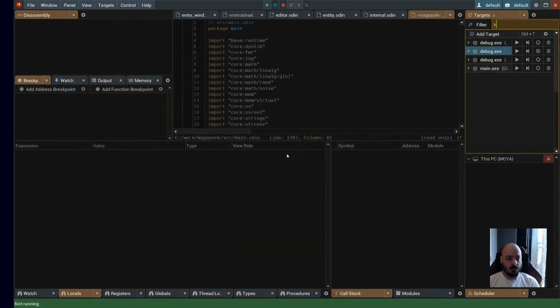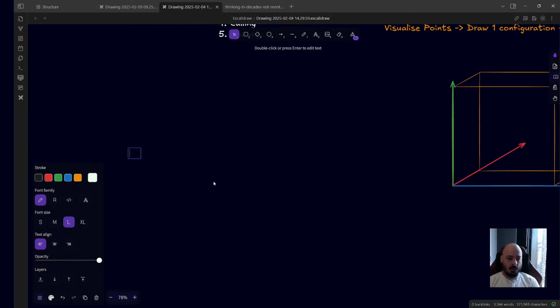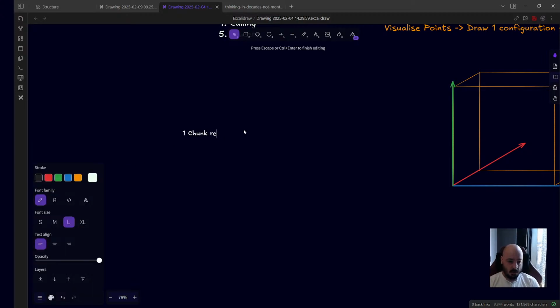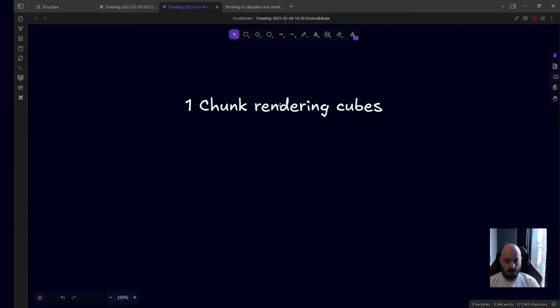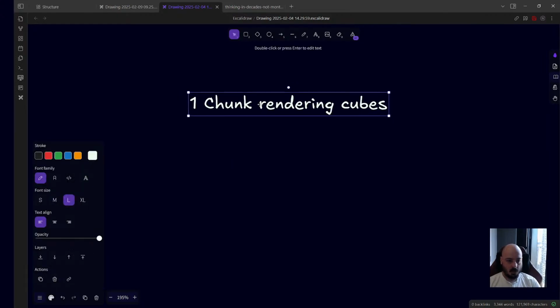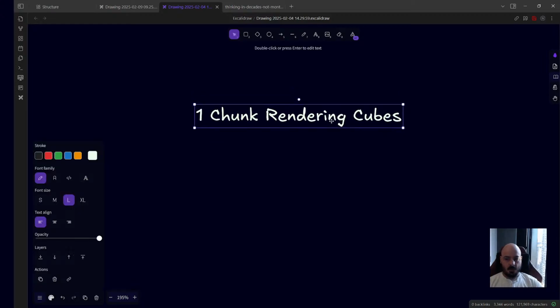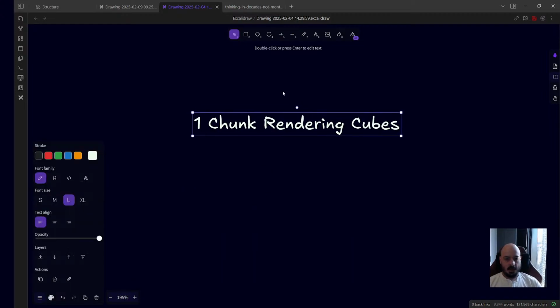Now, there's two directions we can sort of go from here, I'm thinking. One direction I've already been down a little bit. So we've got one chunk rendering cubes. We can't interact with the cubes. They're not real cubes. They're just fake cubes made in the shader, but it doesn't really matter. There's no geometry on the CPU side. But if you use cubes, it doesn't matter because you can just check whether there's a block there and then do collision detection based on that. So you don't actually need the geometry, really. However,